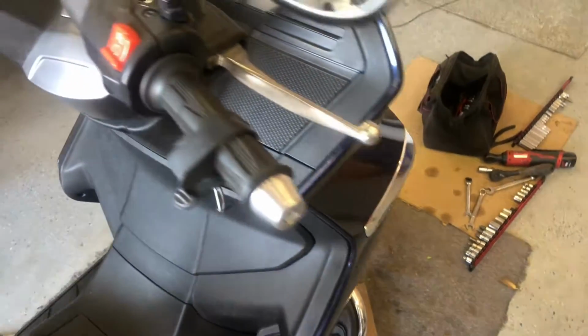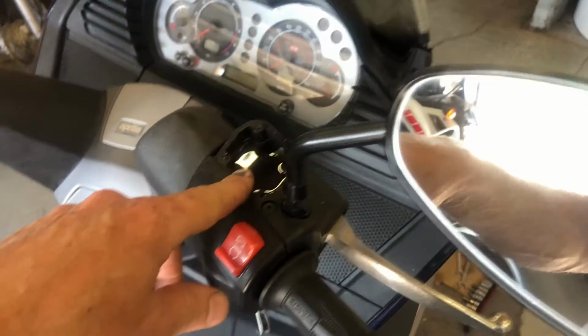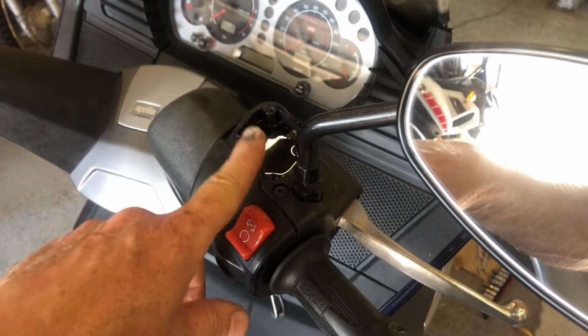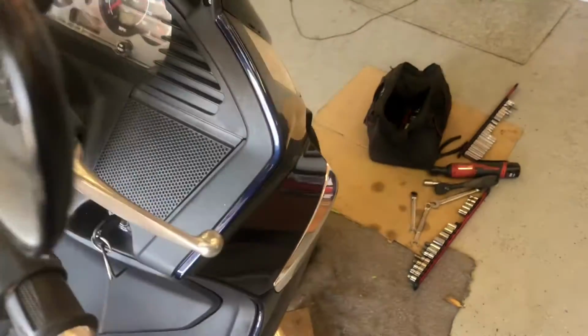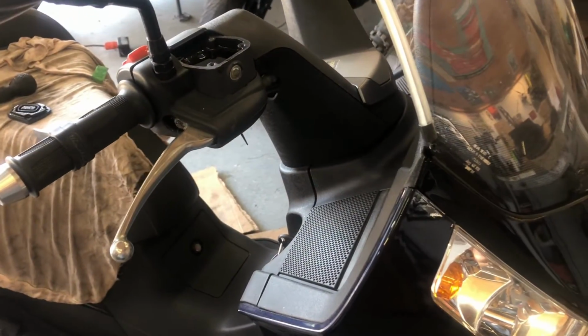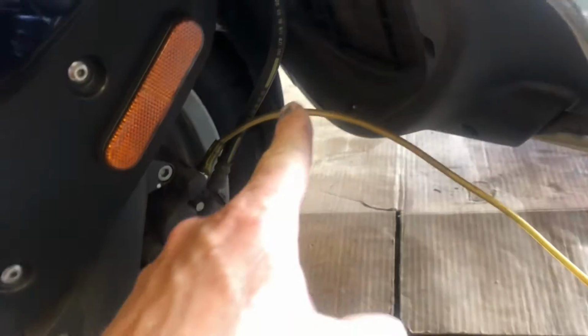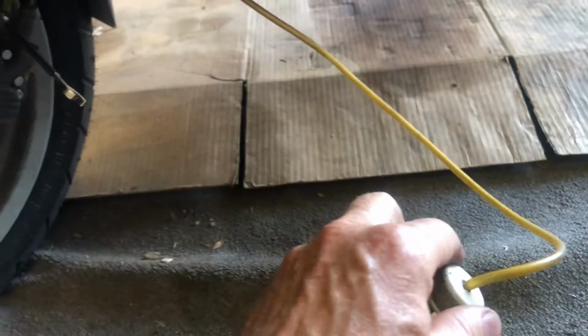So what we're going to do is we're going to remove as much of this fluid as we can. I've got a little like a turkey baster type thing. Remove that, fill it full, and we're going to bleed out. So I'll show you quickly how we're going to do that. Got my 8mm wrench on my bleed screw hooked into my drain hose here, my collection can,